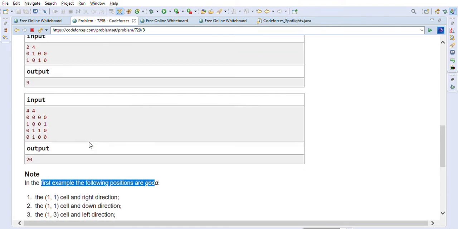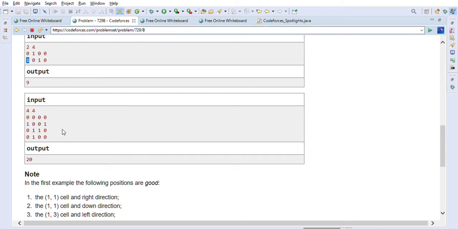For example, cell 1 and right direction. So this one is the cell, and we can place it on the right side, because an actor is here in the right direction. Similarly, 1 and down direction, because in the down direction there is an actor here.